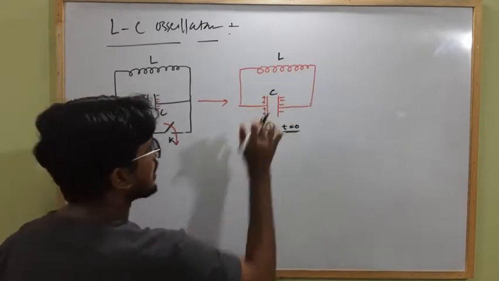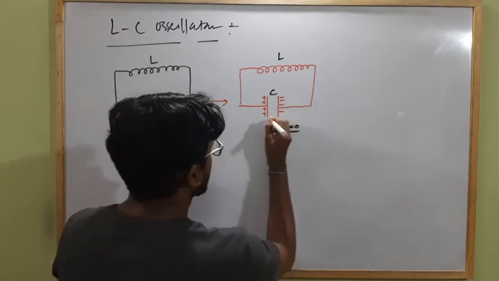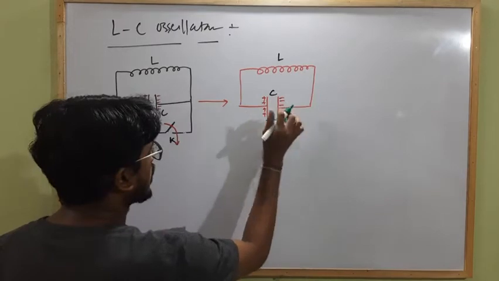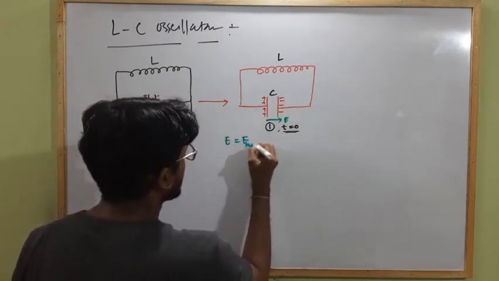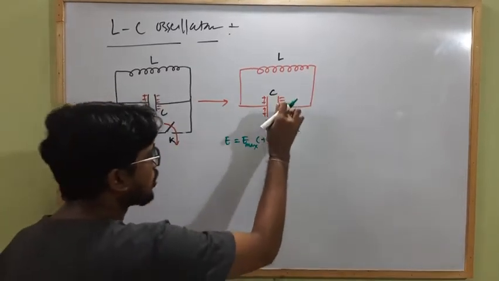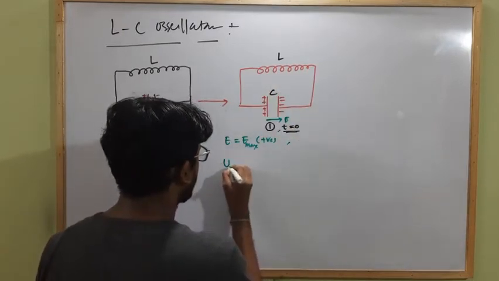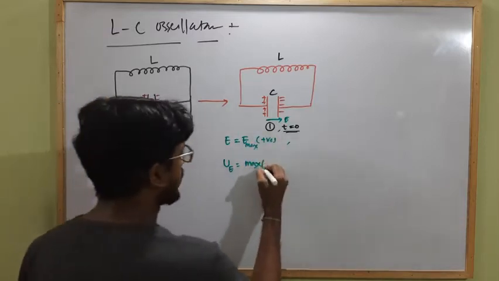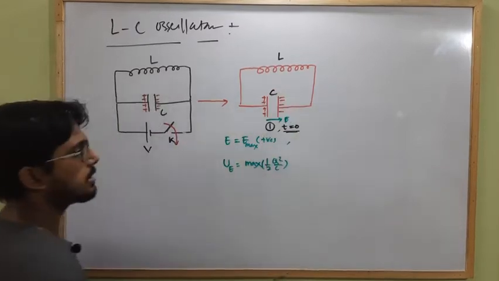So as there is a charge completely stored across the capacitor, there will be an electric field across the capacitor plates along this direction E. So in this particular situation, what is E? E is equal to E max. Let it be in the positive direction from left to right. As the capacitor stores charge, there will be electrical energy U_E, let it be maximum. And what is the value? Half Q square by C, with the total charge and the capacitance.